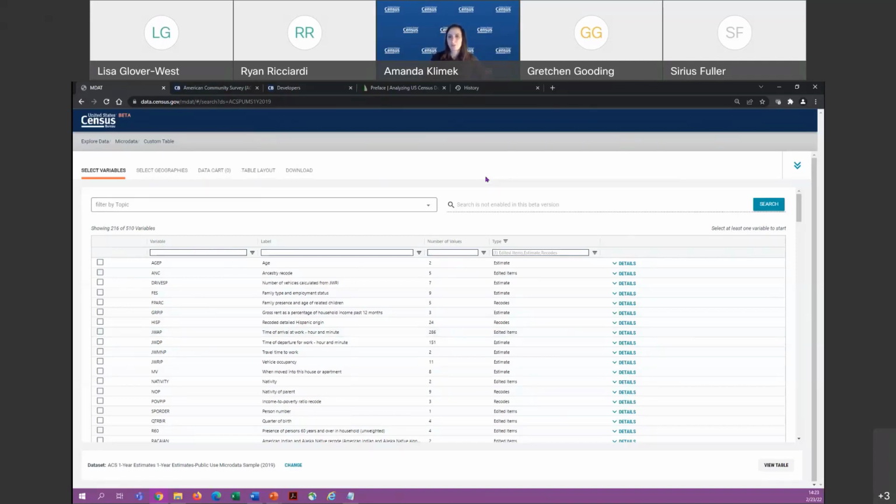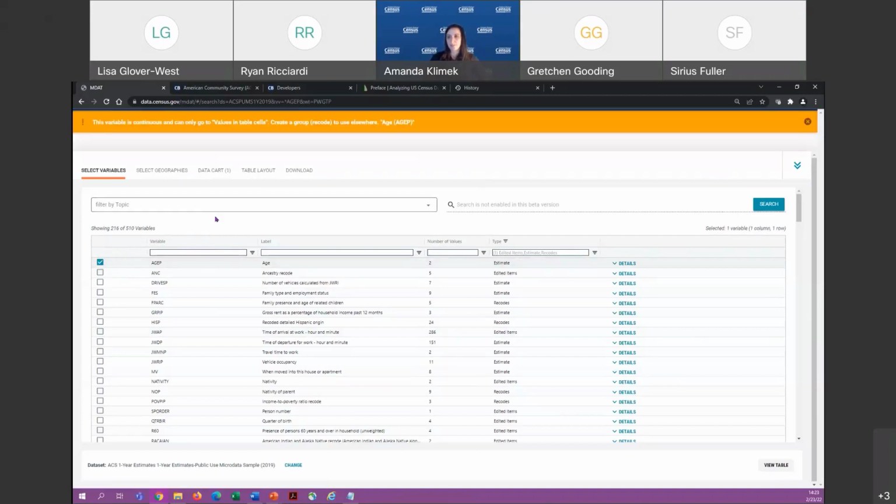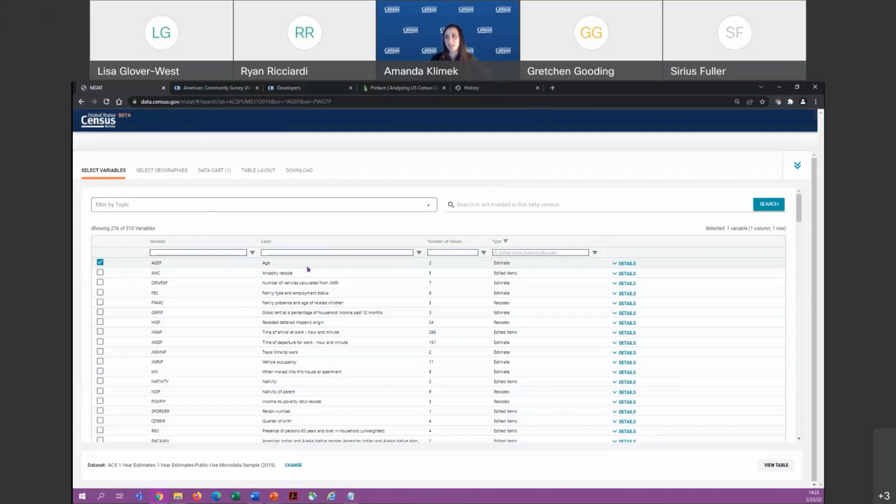So today we're going to do a quick analysis on the construction industry. We're going to pick a couple of variables that we think might be useful in an analysis of the construction industry. Maybe we want to know about young adults in construction, so we're going to need our age variable here. This is AGEP, and the P just means it is a person variable, and we can see the variable name is AGEP. That one's pretty straightforward.